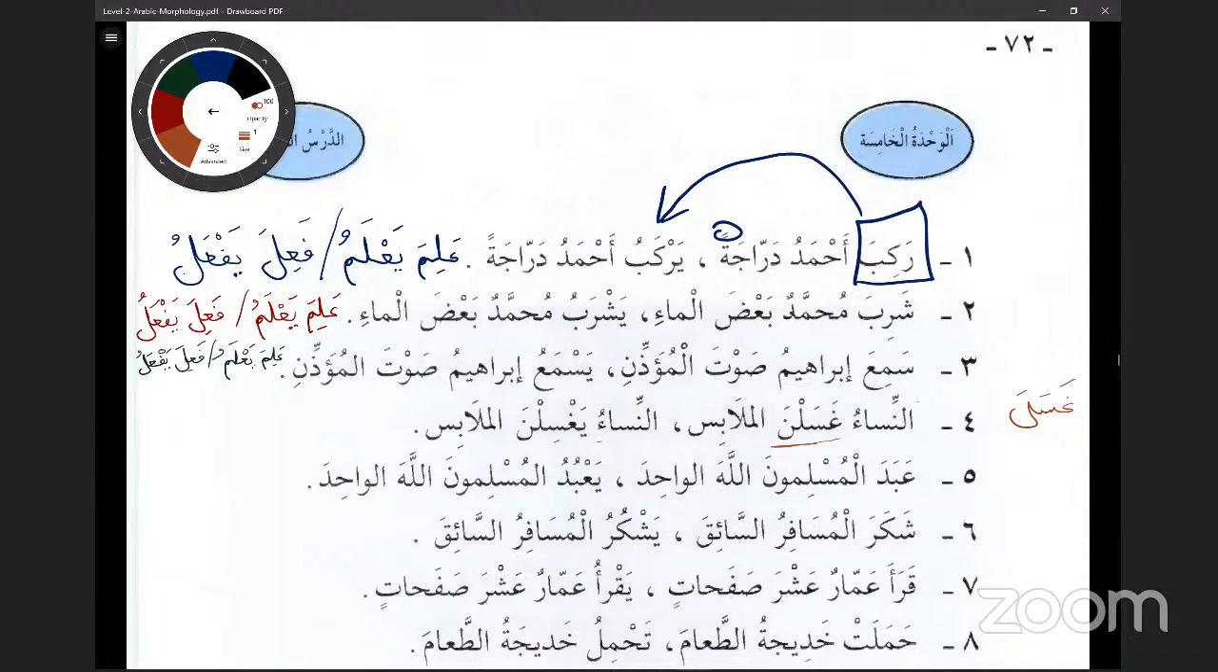Well, read this one. النساء يغسلن الملابس. Now, so they're washing the clothes. So we know this is nun and niswa, and then what we have left is يغسل. So it's غسل يغسل, which means it's from